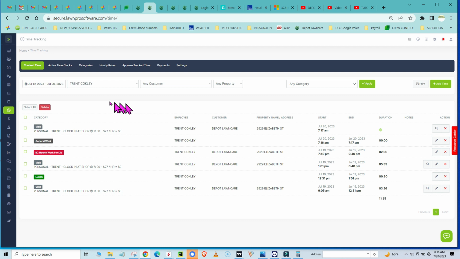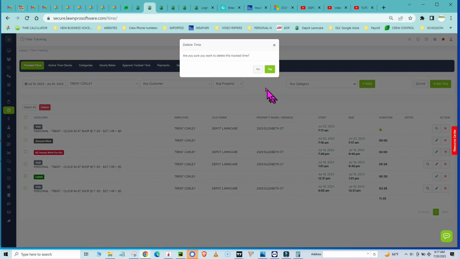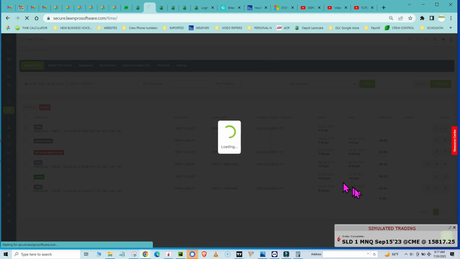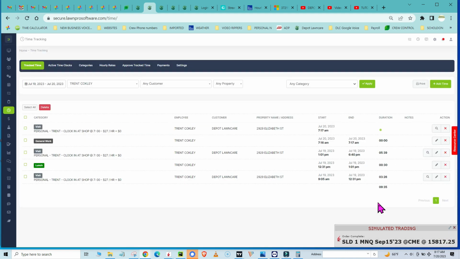Sometimes you will need to open up the filter to the following day, because if it contains a time later than 7 p.m., you won't be able to see that unless you do. Here, we're just going to take this and revert it back to the way it was so that Trent's time is not inaccurate. So in order to do that, all I have to do is just delete this time. This will disappear. All right, and so that one has been deleted,